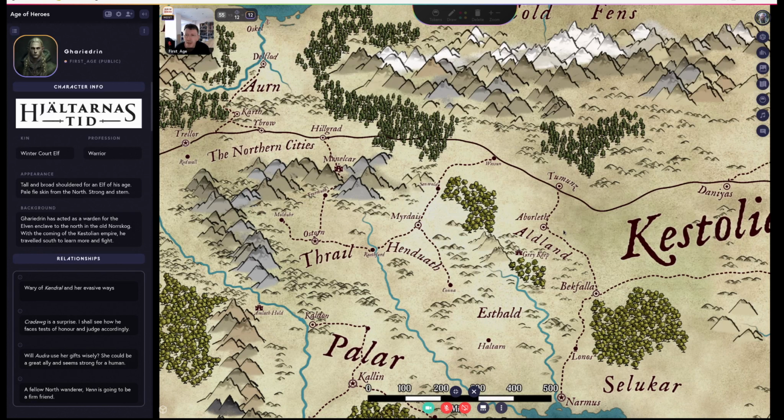Aldland, the eastern of the Kalish lands, a land that's been subjugated by the Castolian Empire, which is off to the east and is now burgeoning and pushing. And the blood mages of Castol are now knocking on the door of the old Kalish folk, the sort of Midlands of Kalan.